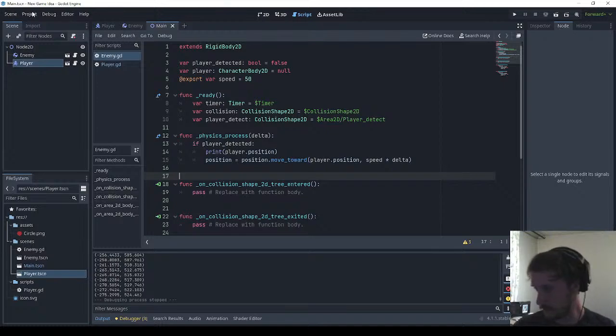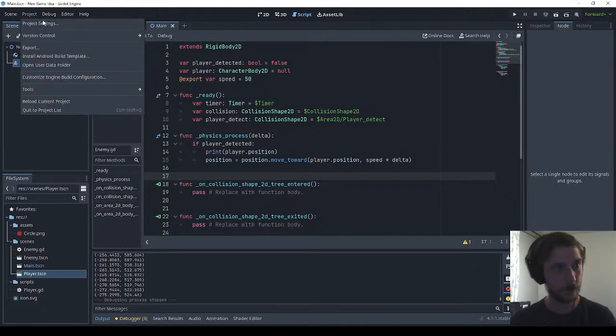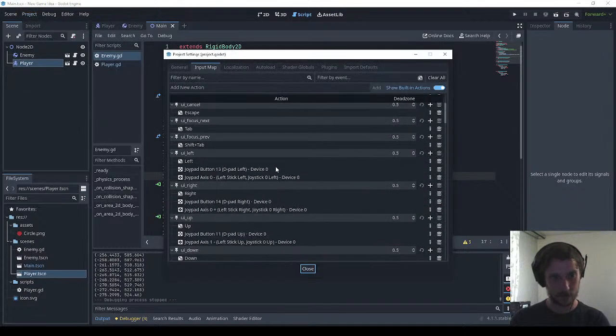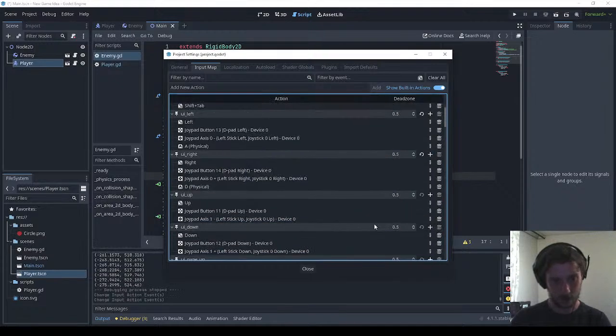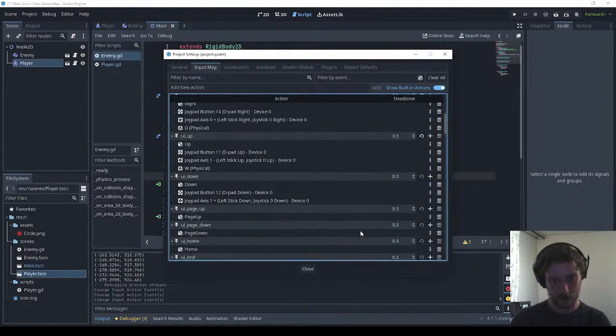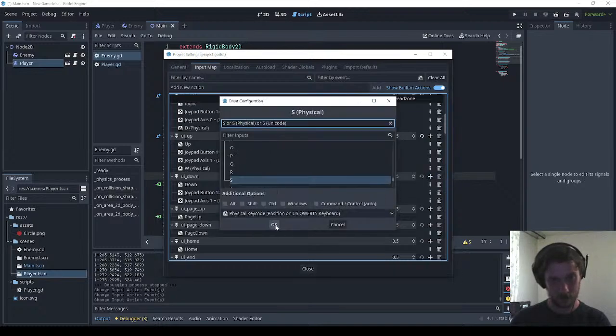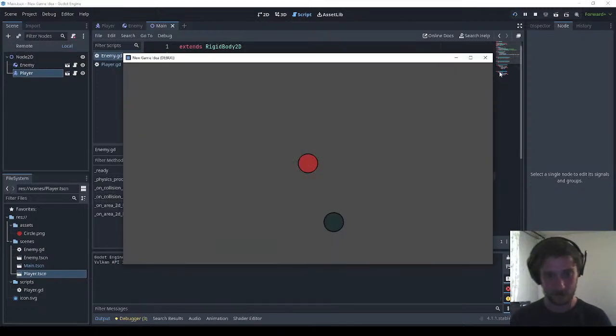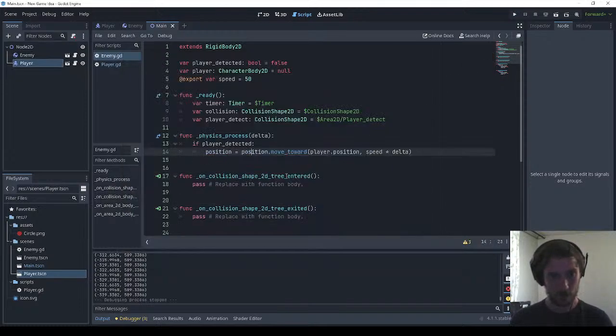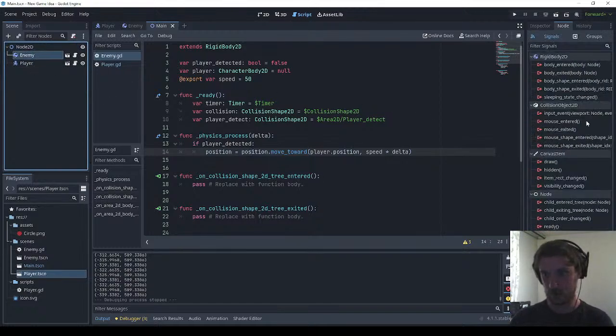So there are a couple of things that I want to do right now. I want to go into the input map, and I want to add WASD. And then